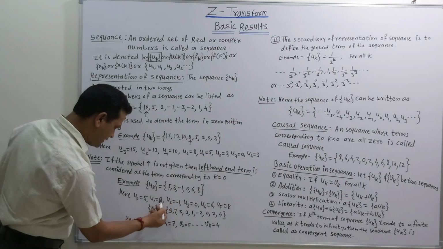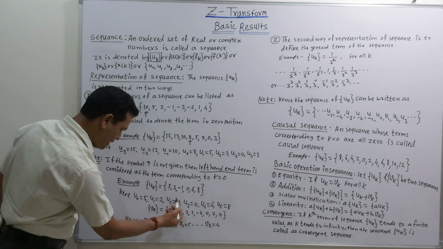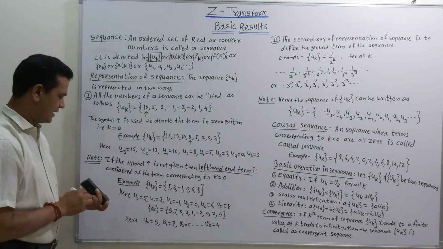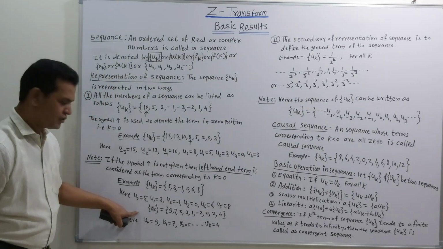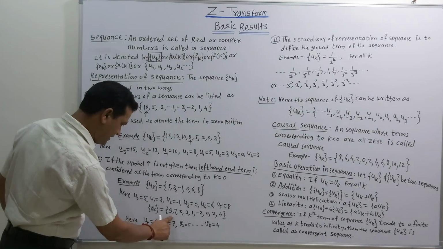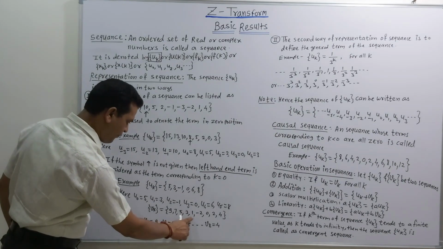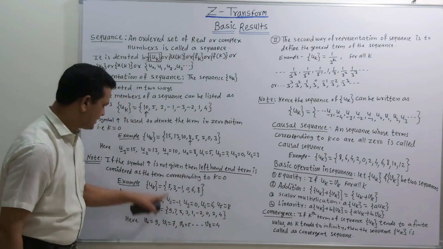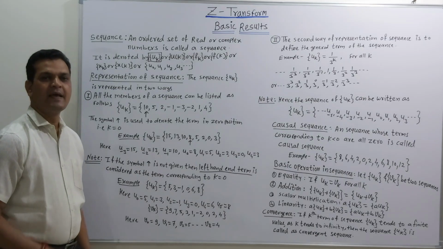Then this is the first element, this is u2, this is u3, this is u4 and u5 value of the sequence. So one more example, suppose another sequence is vk. Then the elements are 9, 7, 5, 3, 1, -2, 0, 2 and 4. So here such type of symbol, the arrow, is absent.